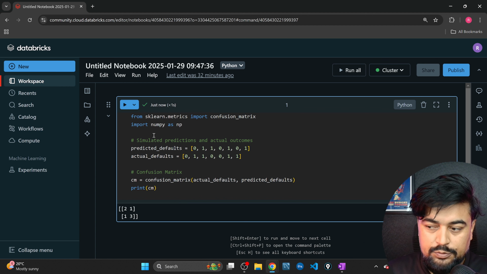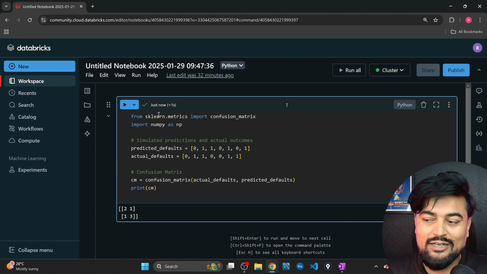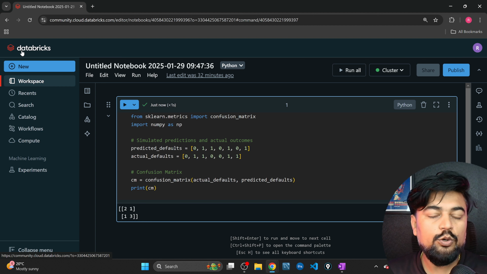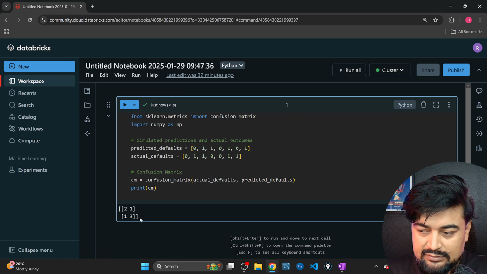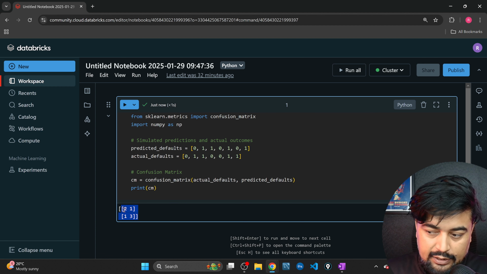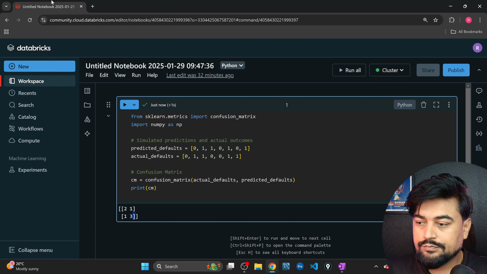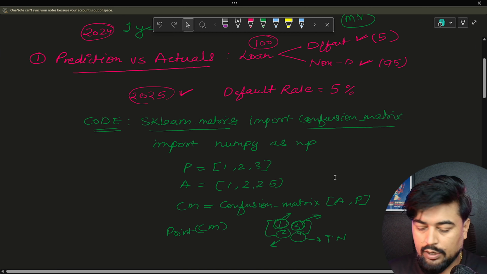And if I run this piece of code, so this ran quickly if you see in Databricks free community edition, because I don't need to import any sklearn or anything. That's why I love Databricks. Personally suggested, don't use Jupyter Notebook, use Databricks, because this is much better than that. Now this is the confusion matrix you have got. Like this is your true positive, then this is your false negative, this is your false positive, and this is your true negative. Now on the basis of confusion matrix, let me go back to our notes.